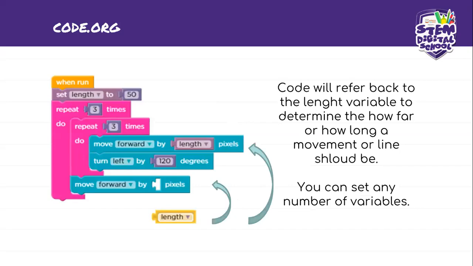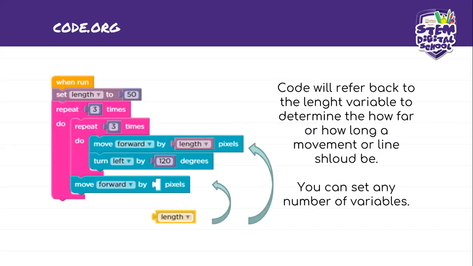Here's an example. We've already named this length, our variable block, set length to 50. Now, this doesn't affect your code at all. Remember, if we selected a color for a specific line, we add that at the start of our code so that every time we draw a line, it refers back to the color and makes the line that specific color,